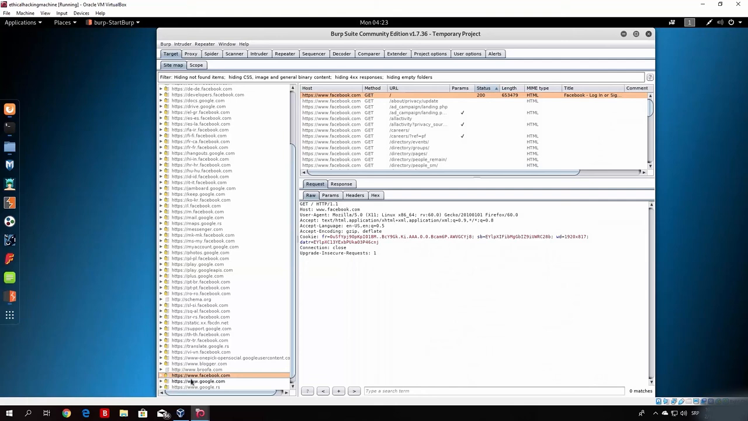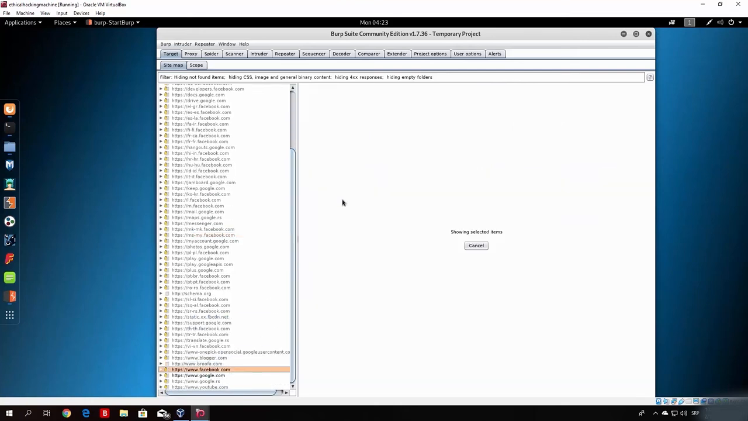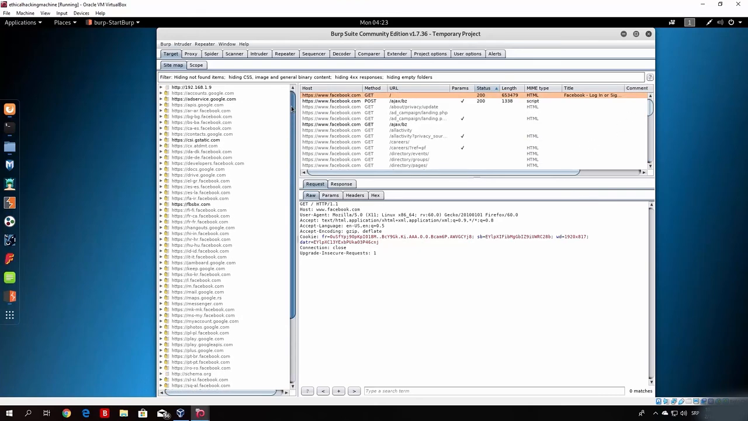As you can see, the page that you requested will be in darker letters than the ones that it automatically searched for in order to get to your Facebook page. And we can see right here, this is our Facebook page and the HTTP requests that we got from it. I will make sure to explain the requests and responses better